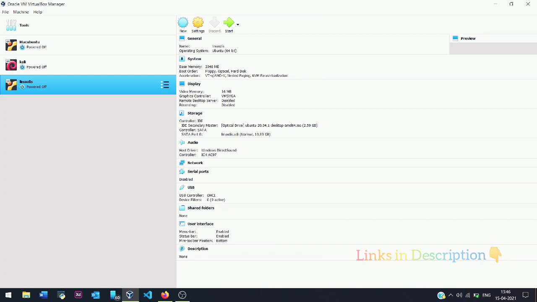Just give it a few minutes. Then begin the installation. Just double click the Linux virtual machine, that's the name I have created.